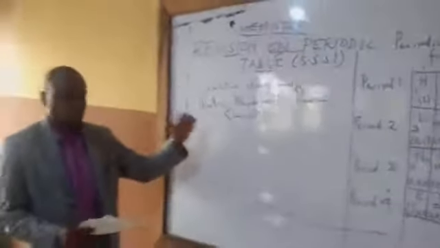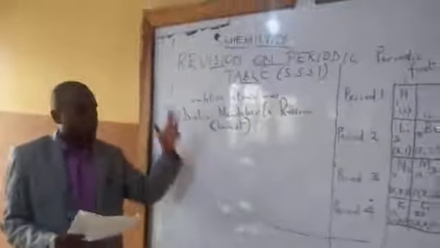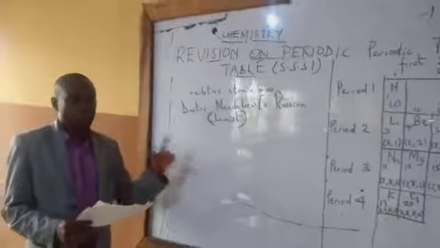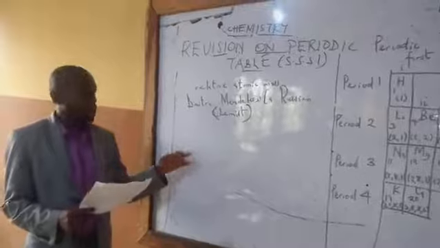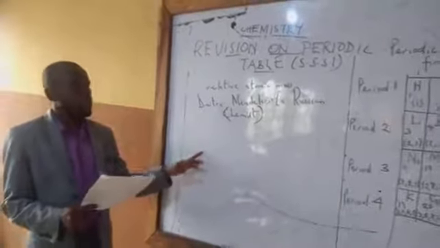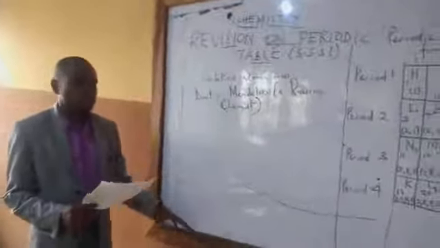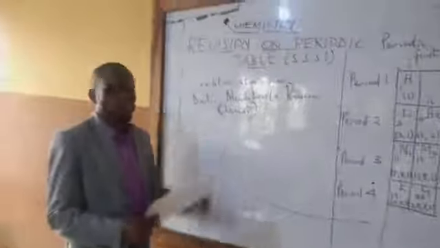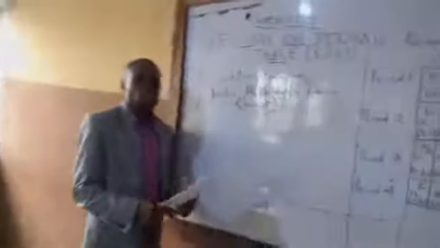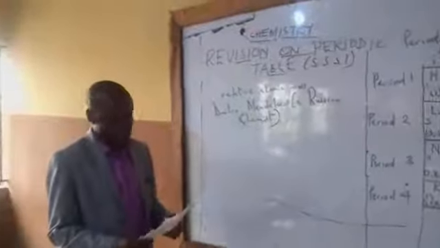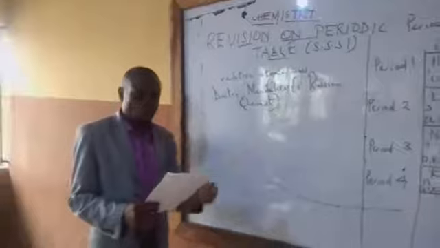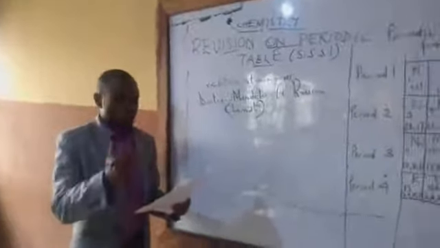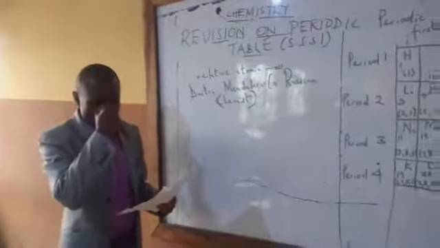We are now in the revision period, and the first topic we want to revise is our topic from week 5. Don't forget that we have dwelled extensively on that week 5 topic, and it says periodic table. To start with, without wasting too much of your time, the periodic table is the orderly arrangement of elements in groups, the vertical columns, and periods, the horizontal rows,